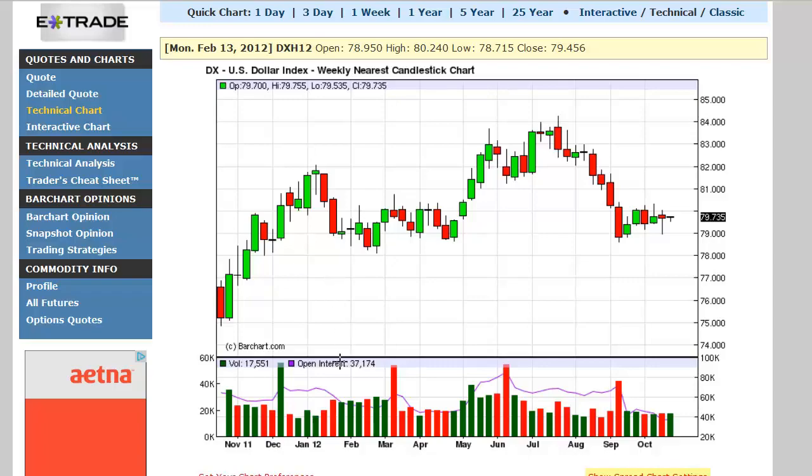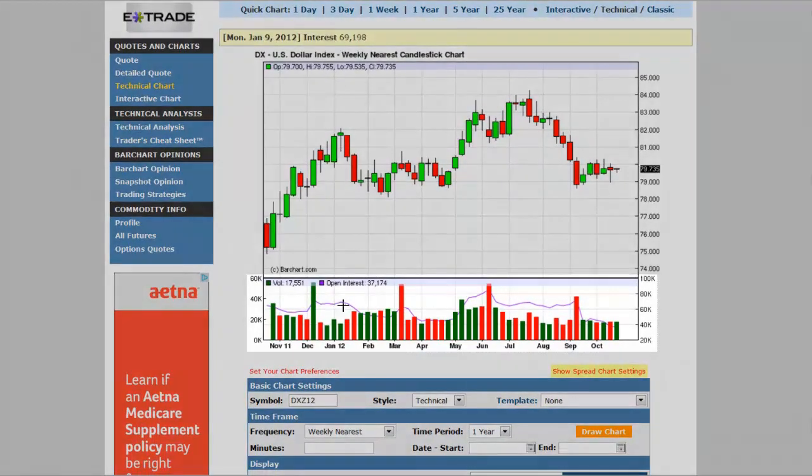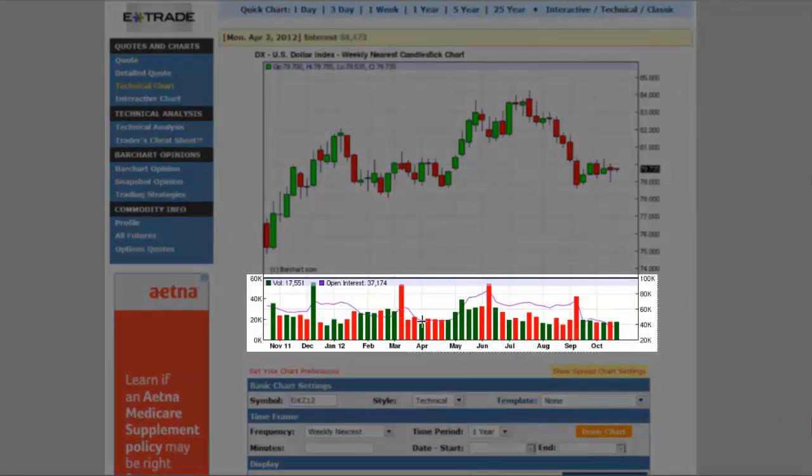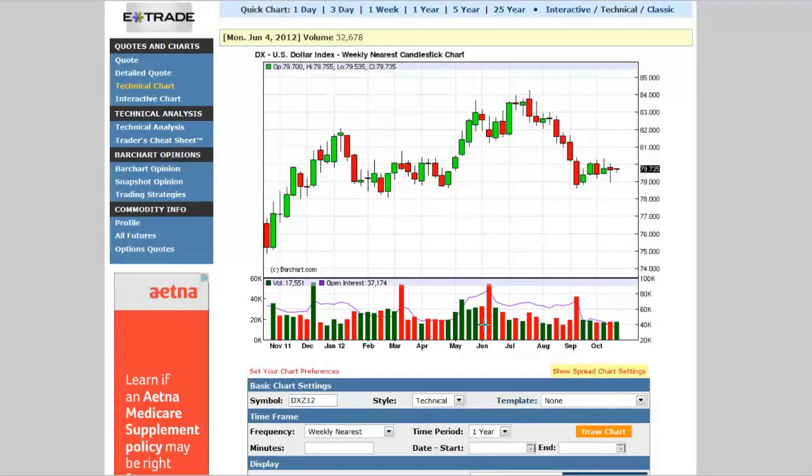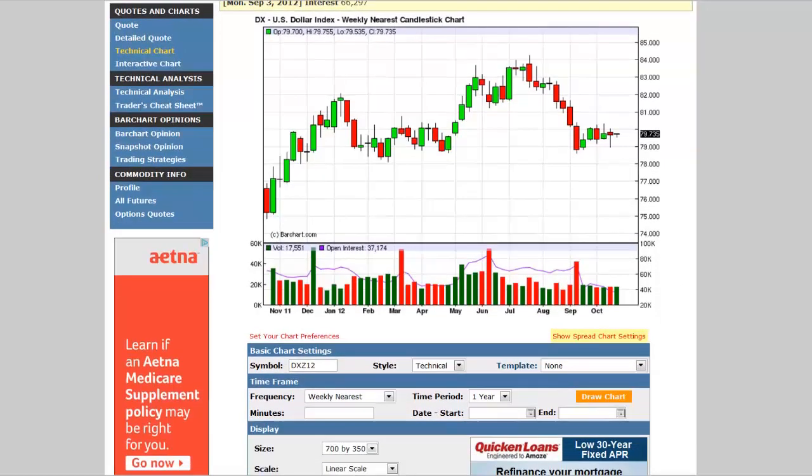Okay, and if you look at the bottom here, this purple line that's moving along, snaking up and down, that delineates the total open interest for the dollar index. And obviously it goes without saying these vertical red and green lines are volume. Okay, we're not really going to pay attention to the volume, but there's just no way for me to take the volume off and leave only the open interest, so we have to look past these vertical lines and pay attention to the purple line in here. Okay, so let's scroll down just a little bit.